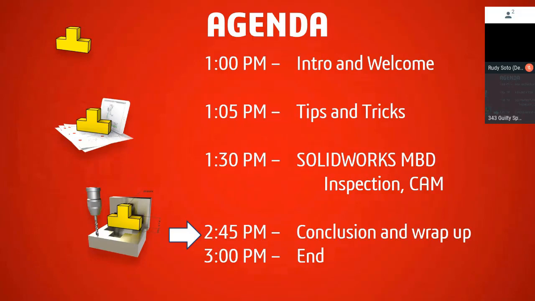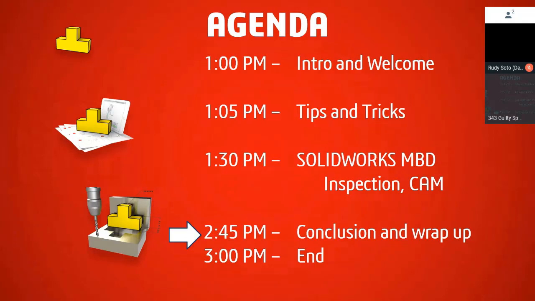Does it make sense? So PMI is a generic term that's used throughout the industry, and MBD is the SolidWorks PMI solution. I know it's a lot of letters and acronyms, but hopefully it makes more sense than when you walked in. If you walked in and you're like, what's MBD? What's PMI? Now it makes sense, right? PMI is a generic term, MBD is a specific SolidWorks solution. Any questions?